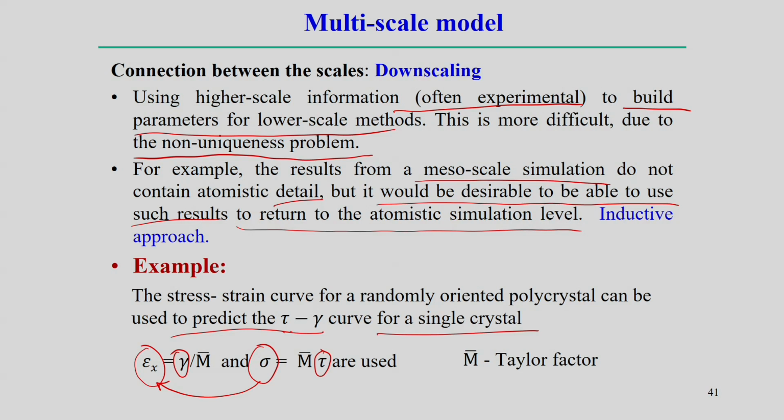So, therefore, the shear stress and shear strain diagram is more important in the case of a single crystal structure, to predict the failure behavior or yielding behavior of a single crystal structure. Now, this conversion is possible by using the Taylor factor, but this Taylor factor is an average value. So basically, the local behavior, by passing the information from a higher scale to a lower scale,